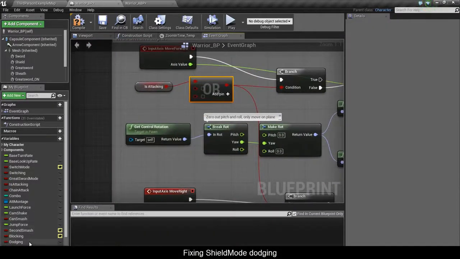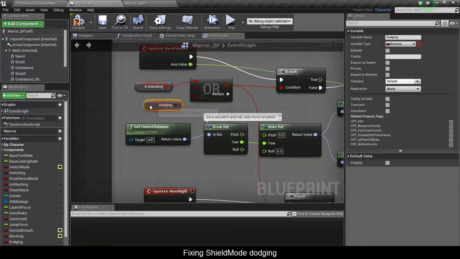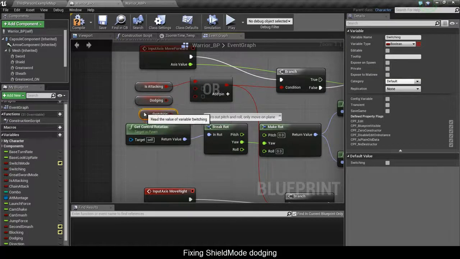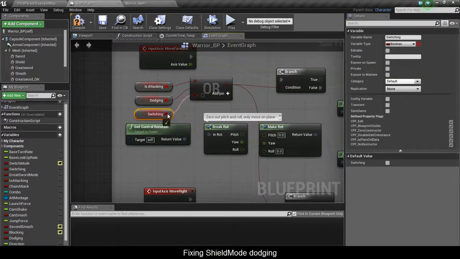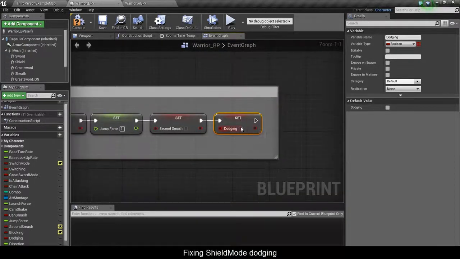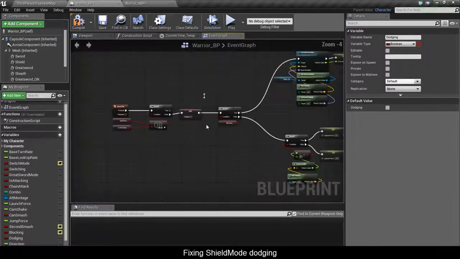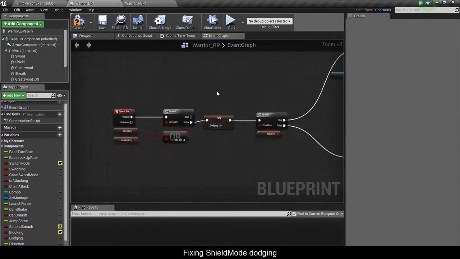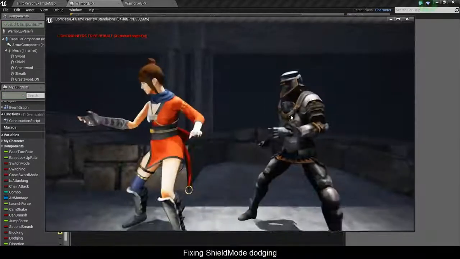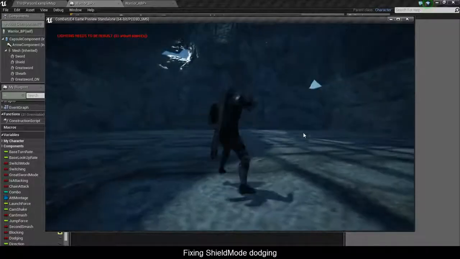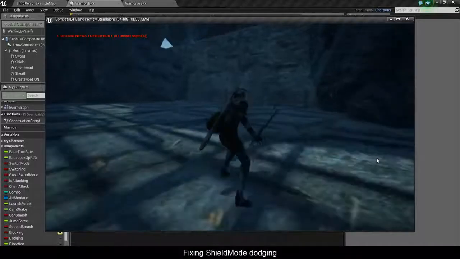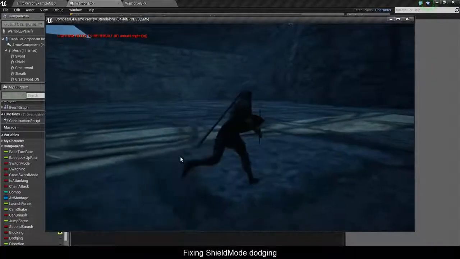So what I'm gonna do is get dodging, and I'm gonna get switching, which I forgot to add in the previous videos. So I'll connect all three of them together. And if I recall, in our reset combo we turn off dodging, and we turn it on as soon as we hit spacebar. So now when I hit spacebar, I can't move the character around like crazy. He just has to move in one direction, but I always have